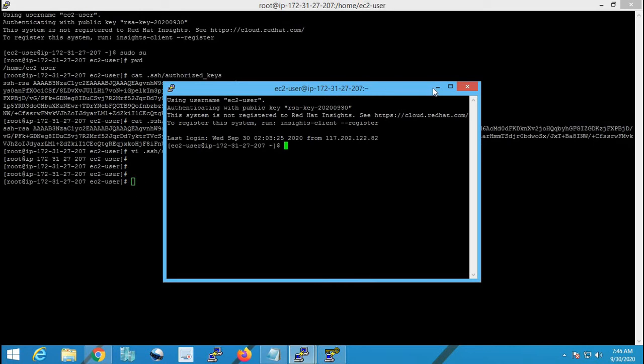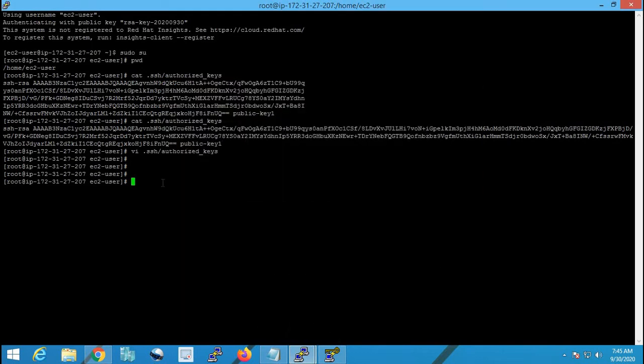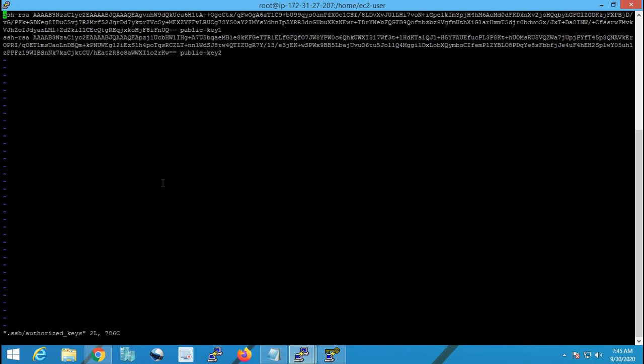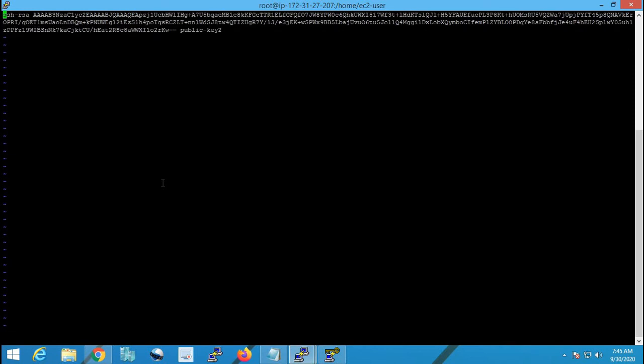So what I'll do is I'll go to the server. Maybe I'll not use this connection. I will use this connection because I am using the old key. So I'll go for this SSH authorized keys, and this time say escape and hit dd. dd means delete. So I am going to delete the entire line. It's a single line maybe. I say dd. Yes. Excellent. So it has deleted the entire key.